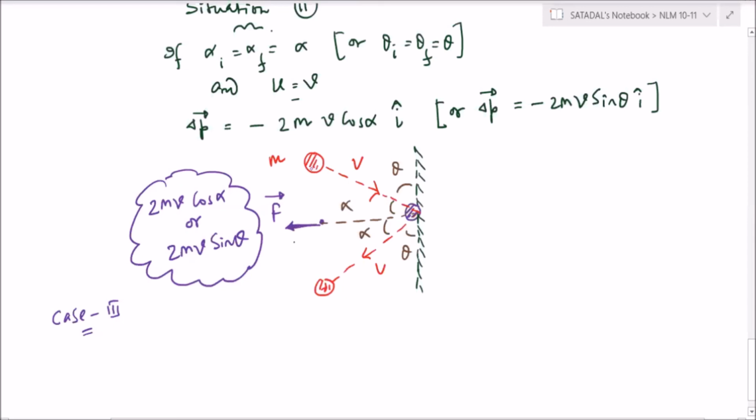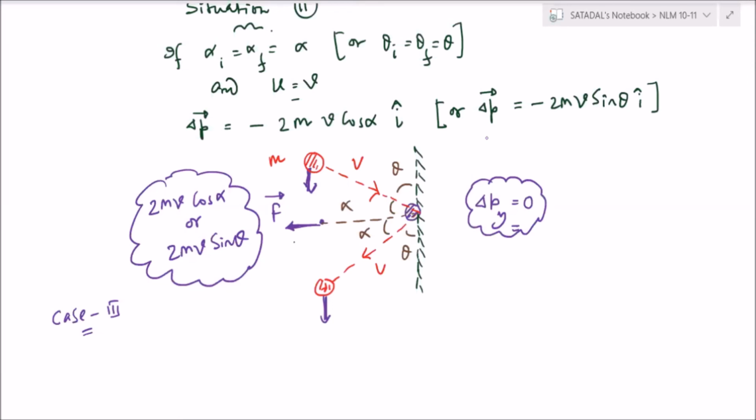Because if you check the net momentum change along y, how much is that coming? That is coming to be 0 only, no? Delta Py is equal to 0. So since the body is moving like that, it has to move back in the same path to make delta Py equal to 0. Now you got the point? Okay, sir.